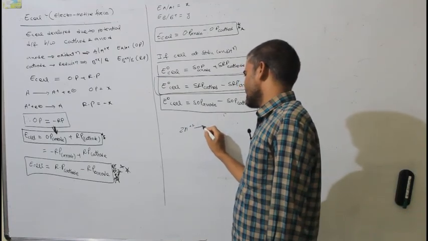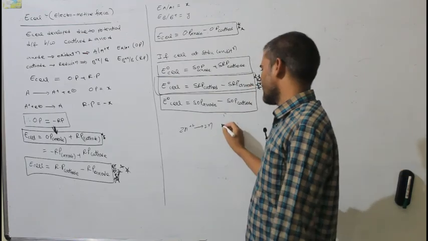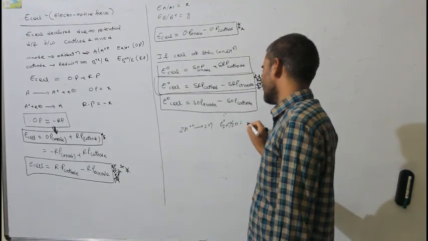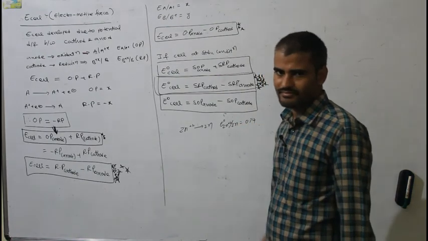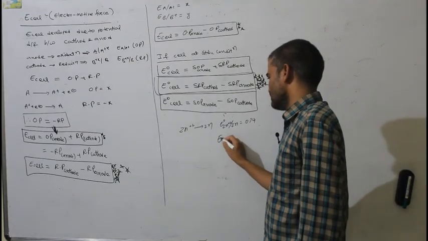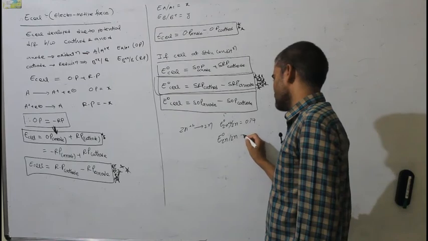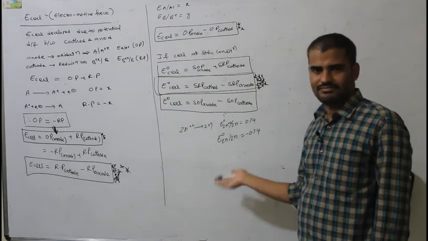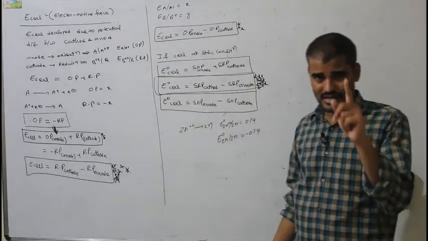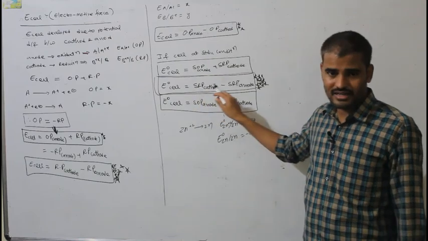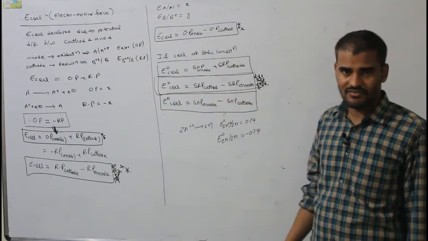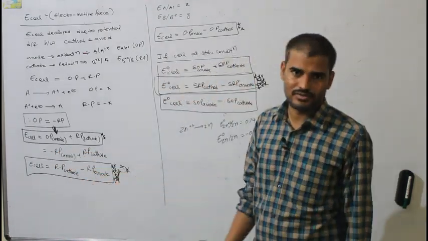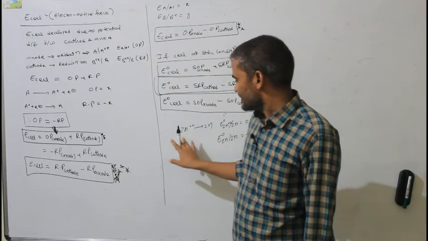Zn plus 2 becoming Zn is a reduction potential value. So what we can write here, if it is a standard one, E naught Zn plus 2/Zn is equal to 0.74, I have given. Then what will be its oxidation potential value? E naught Zn/Zn plus 2 is equal to minus 0.74. You change it and proceed, use any one of the formulas, but give priority only to this: E cell is equal to standard reduction potential of cathode minus standard reduction potential of anode. If not, E cell is equal to reduction potential of cathode minus reduction potential of anode.